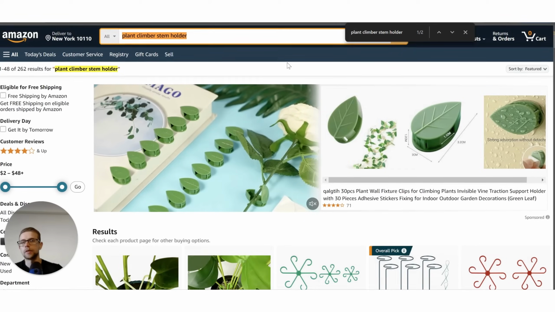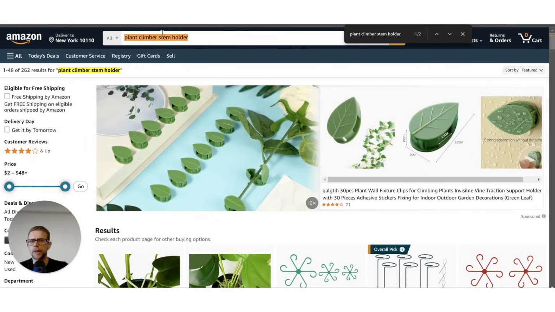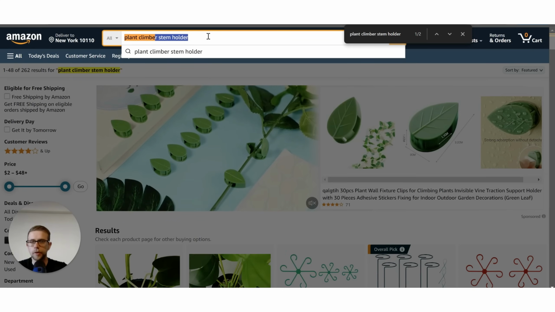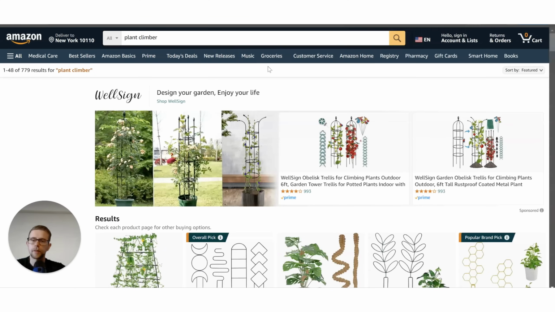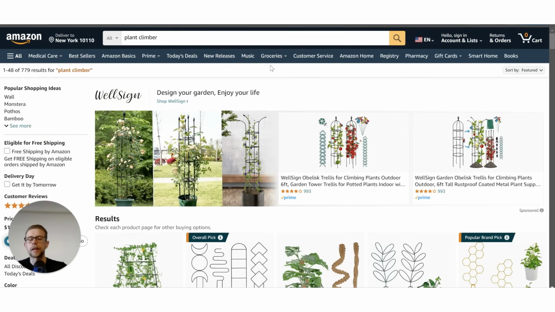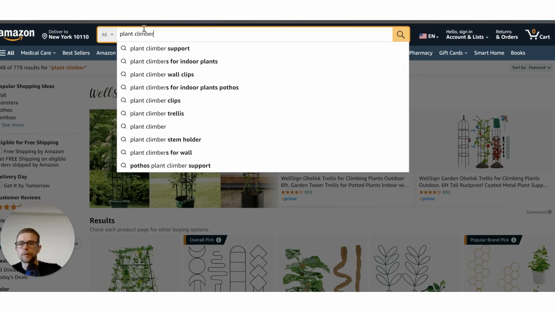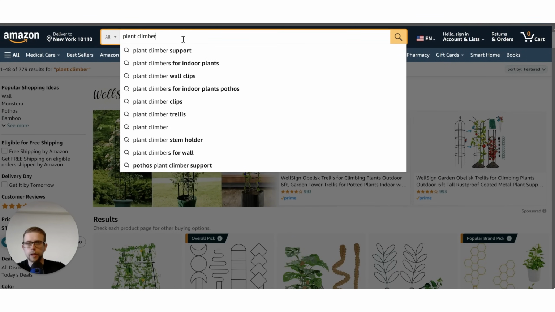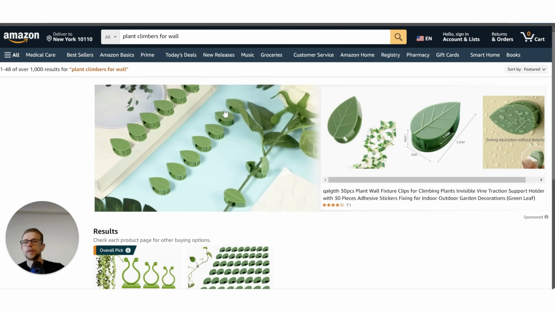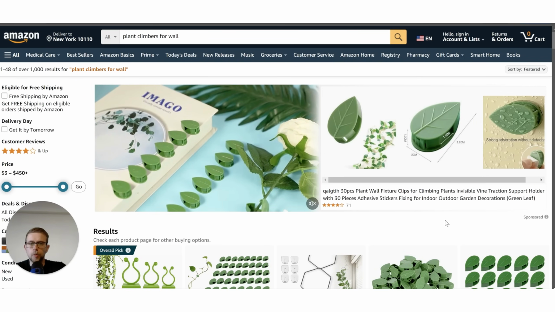Whereas if we go back to just plant climber, we're competing with those people who had hundreds of reviews. And you see this across everything. And I think people don't value the opportunity of long tail keywords on Amazon because they think, okay, people just type in the generic version and then just go from there. Obviously, the search volume for something like this is going to be 100 times higher than the long tail examples. But if somebody sees something that looks more for them and they search it, that's actually an even more targeted